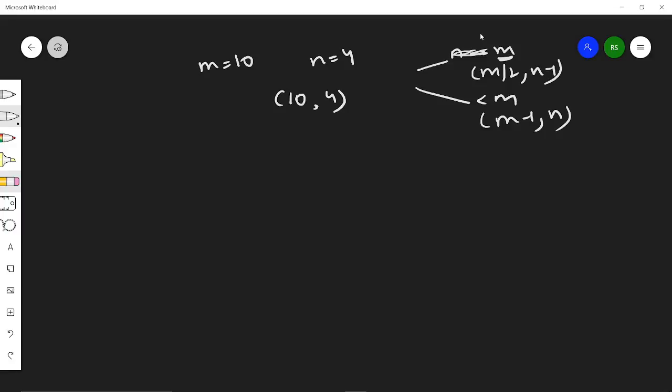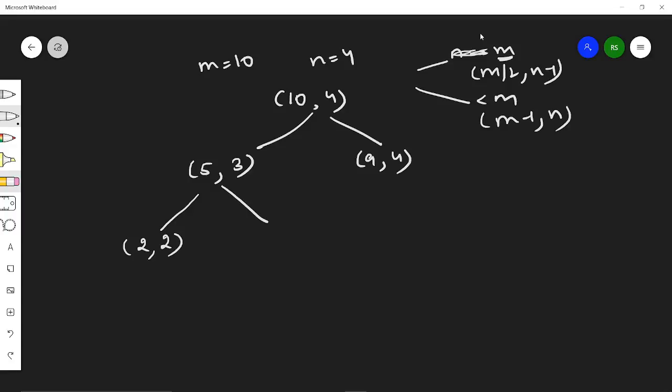So see, the first is m by 2, n minus 1. So when this is equal to m, m would become m by 2 and n will get n minus 1. And here, when it is lesser than m, it will become m minus 1 and n remains the same. Similarly, for here, when the third position is equal to m, the possible outcomes are 5 by 2 which is 2 and n minus 1, and the other could be 4 comma 3.